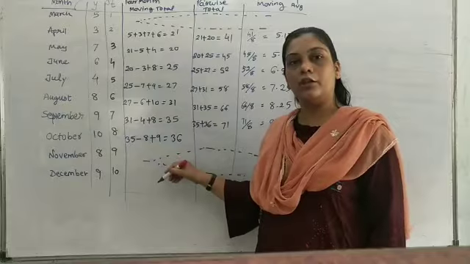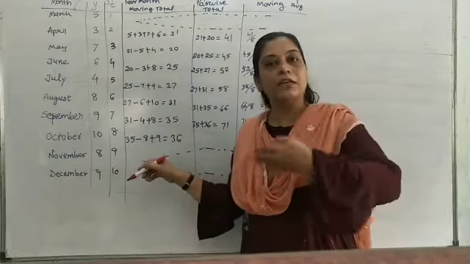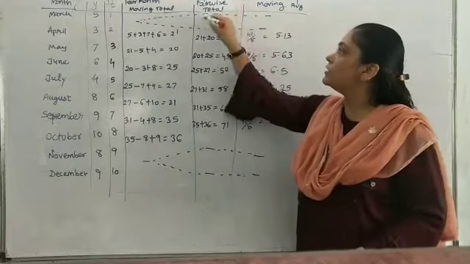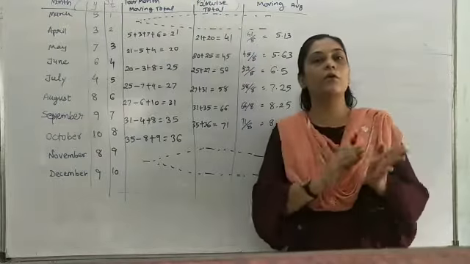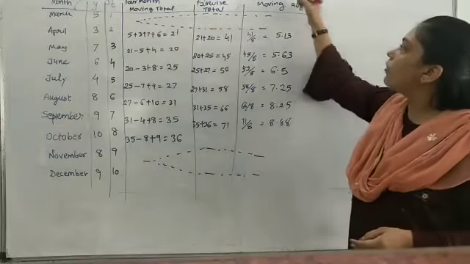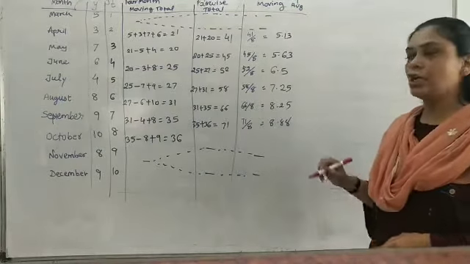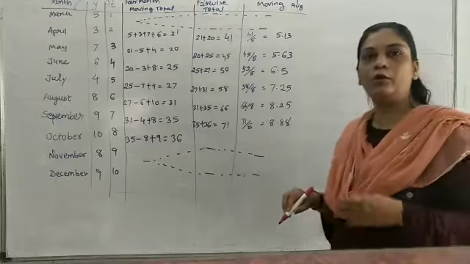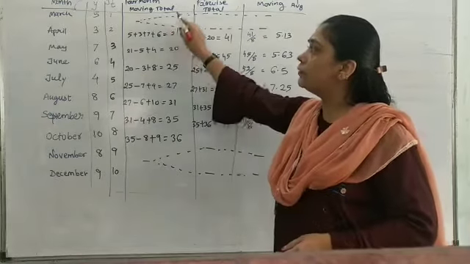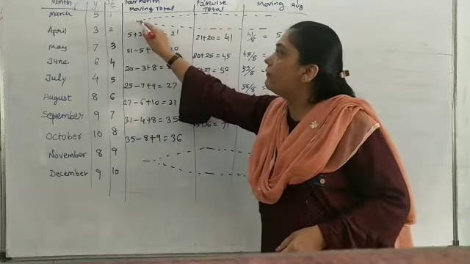This is the total that I did in the previous 3 and 5 years moving average. Then pairwise total, this is new for you. Pairwise means 4 plus 4, that way you are going to do that, and the 4-month moving average. How to solve this sum? As I told you, leave one line gap. The first 2 lines you can see, in the middle I have put a dot.